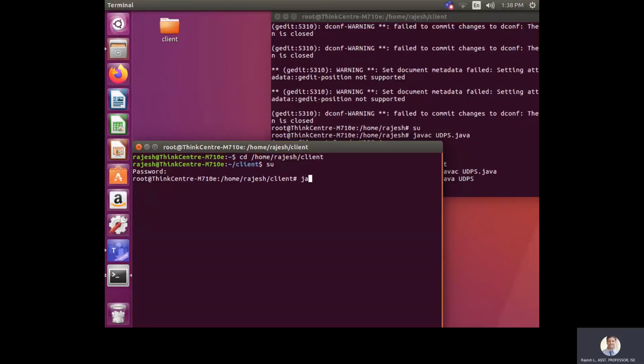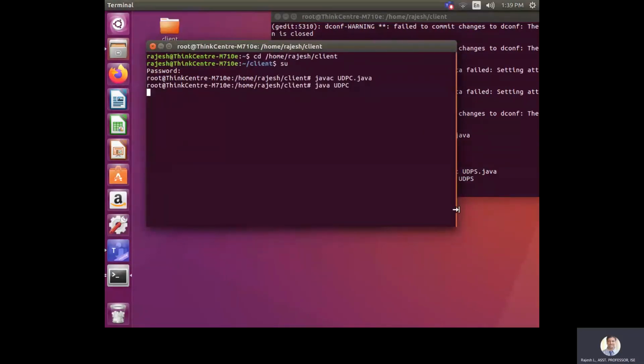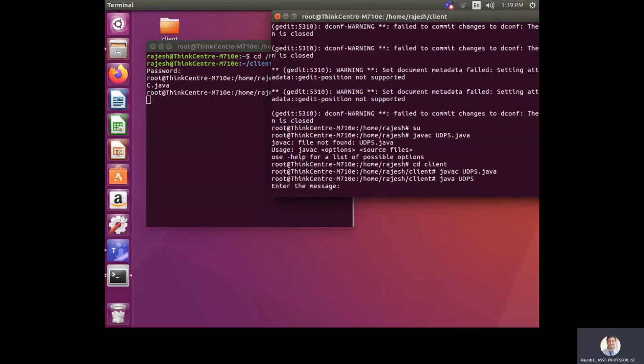Now you have to compile the client side program: javac UDPC.java, then java UDPC. So the client is waiting to receive the text whatever the server will type. The server will enter. Look at this.